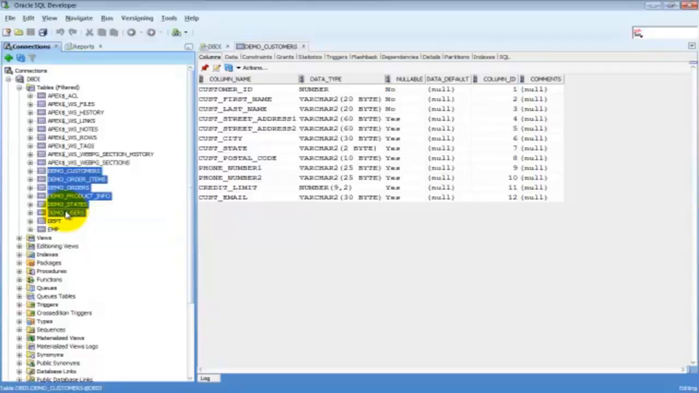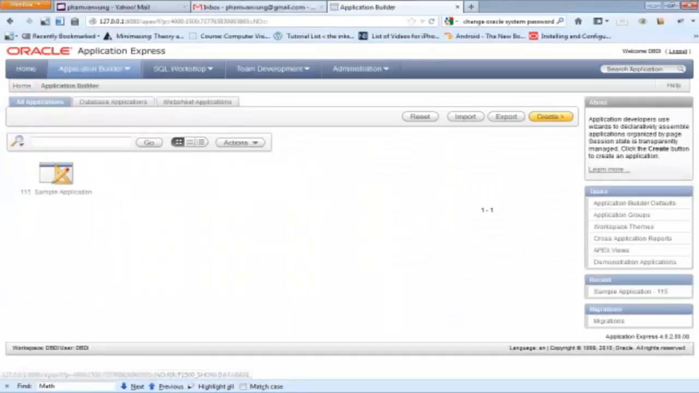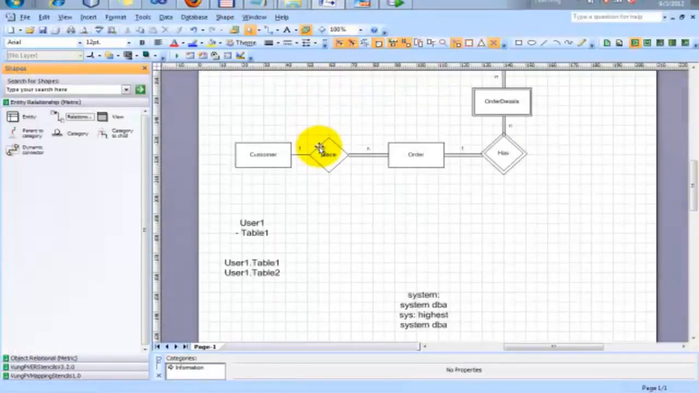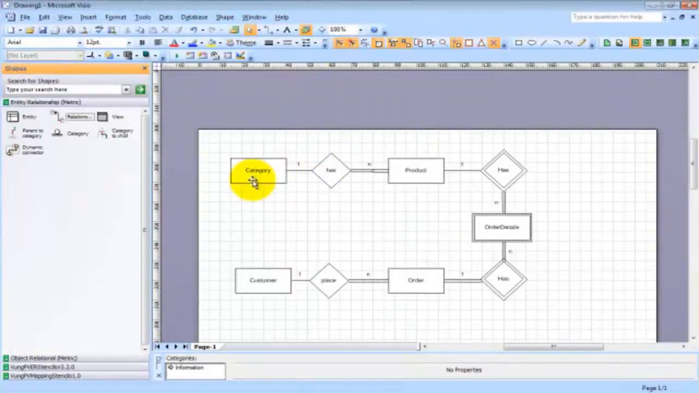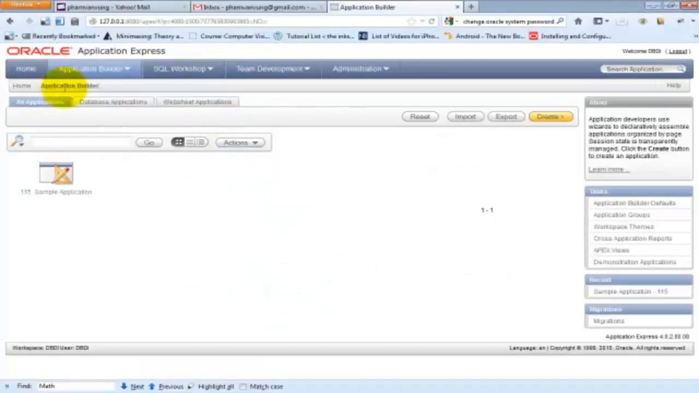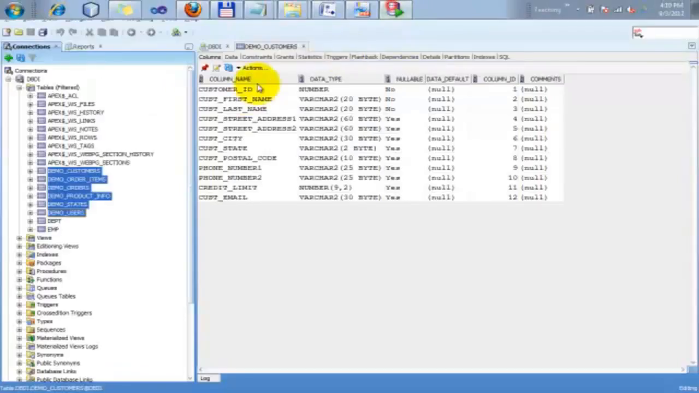Now I'm going to create the DBDI user, which we're going to use with this database to demonstrate. First we're going to create the categories. So I'm going to create here, okay, create table categories. But before that,